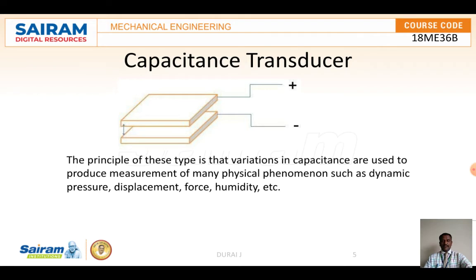So the equation for calculating capacitance is C = 0.088 KA(n-1)/D picofarads. Here K is the dielectric constant, which for air is 1, A is the area of one side of one plate, N is the number of plates, and D is the separation of the plate surfaces. With the help of that we are going to calculate the capacitance.